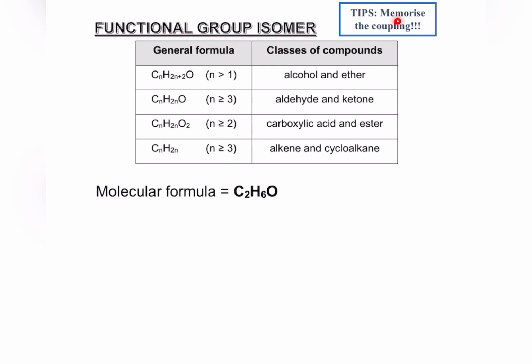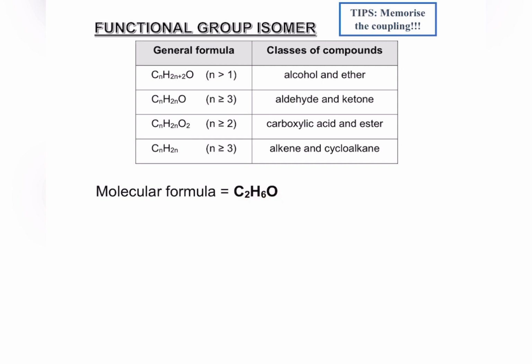The tip that you have to know here is that you have to memorize the coupling. For example, you got different classes of compounds, and each of them has one coupling. So alcohol and ether will be coupled with the same general formula. The same goes for aldehyde and ketone with the same general formula. Carboxylic acid and ester will be coupled together with the same general formula, and also alkene and cycloalkane with the same general formula. So for example, I have here